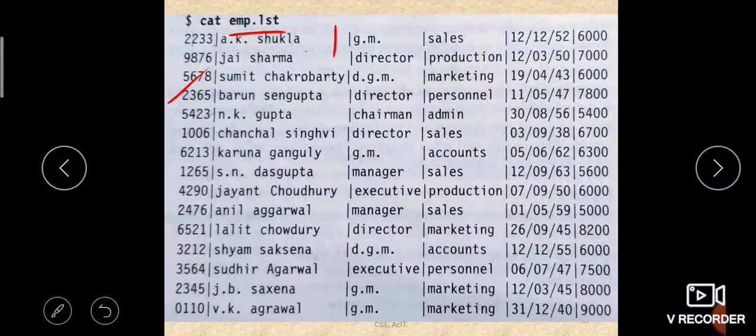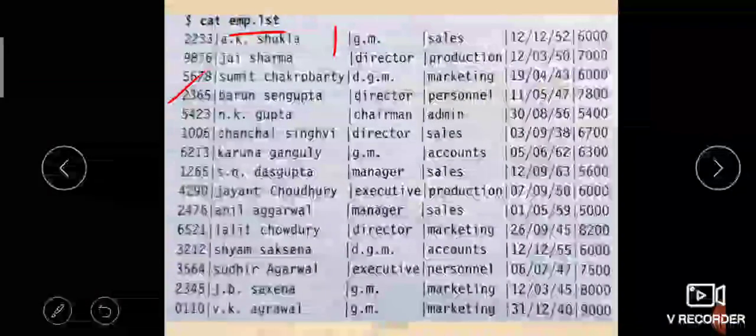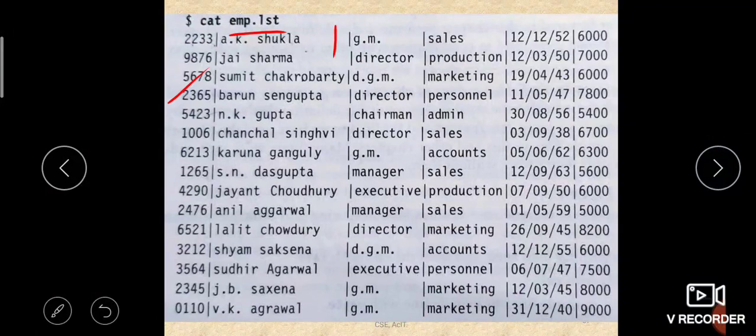But in our DBMS or MySQL, data will be stored in the form of a table, right? So field separation is not necessary there. That is the disadvantage of files compared to a DBMS, right? Here, to separate the fields, you have to give a separator. There it will be stored in the form of a table, so this separator is not necessary. It will automatically create separation between the values of the different fields.